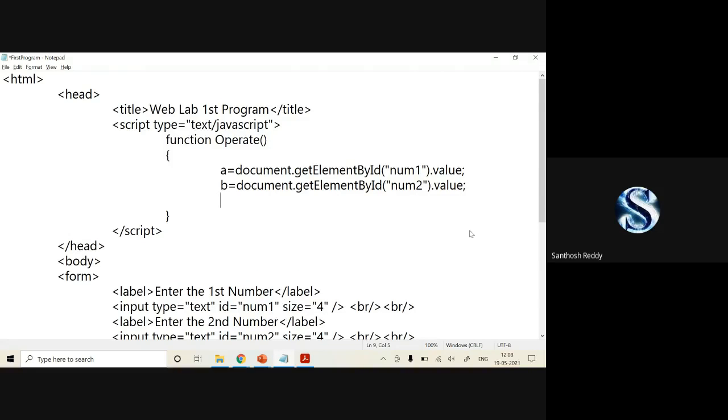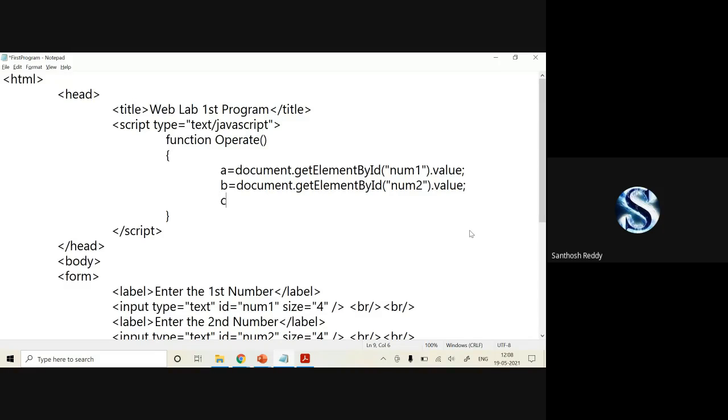I should get to know which operation you have selected. Successfully you have given 11 and 12. Whether you want to perform addition or multiplication or division, how will I get to know? Here we have to extract that particular value also.